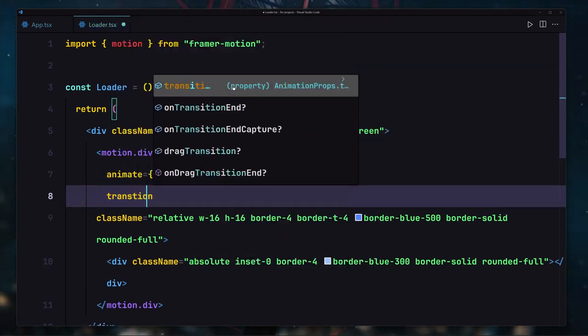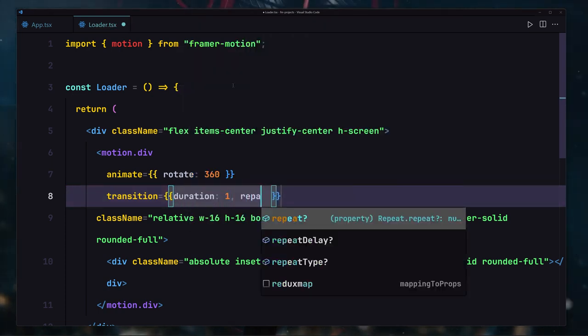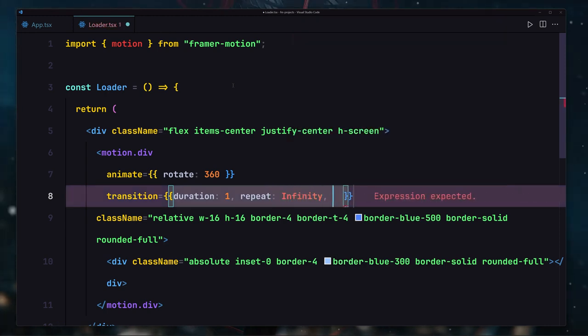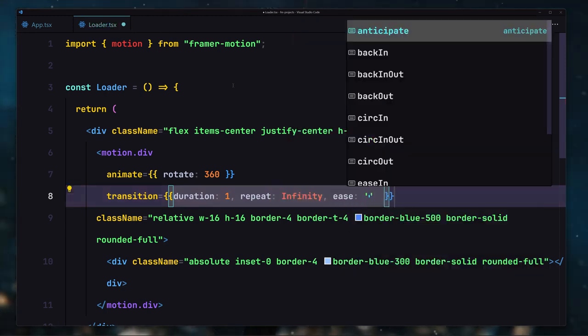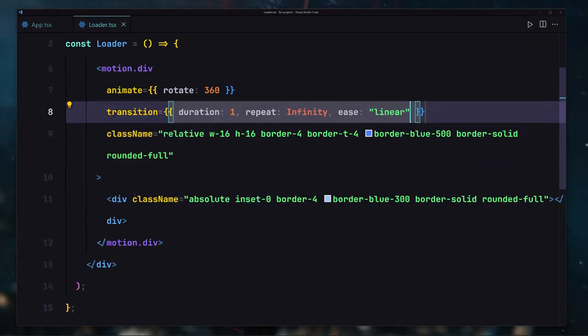I'm going to also specify transitions to there. For the transition we're going to be providing a duration, and duration will be set to 1, and it's going to repeat infinitely. I'm going to also provide the easing, and easing will be set to linear. Save our file, and now it's not going to do anything for now, because we also have to change this